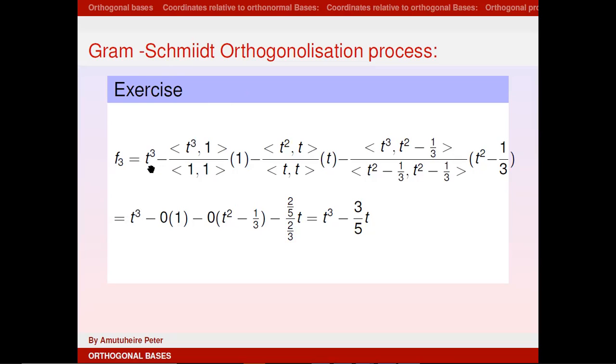So that is going to be t cubed minus the inner product of t cubed and 1 divided by the inner product of 1 and 1, times 1, minus the inner product of t cubed and t divided by the inner product of t and t, times t, and so on. So this is this, minus that. Then this gives us what? So we have